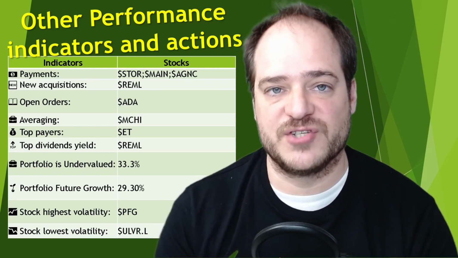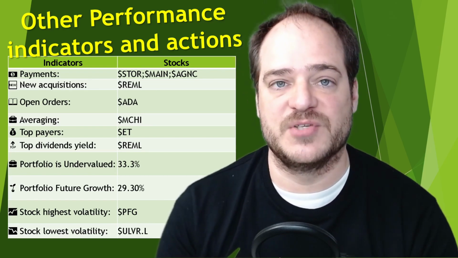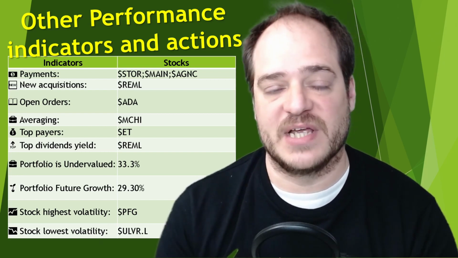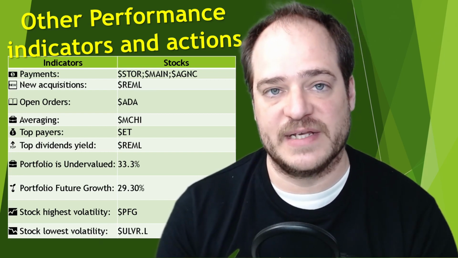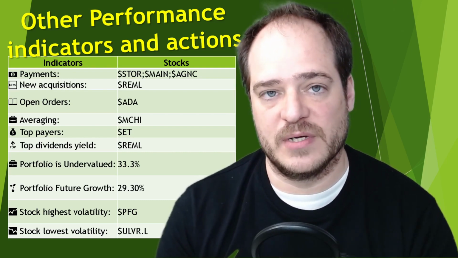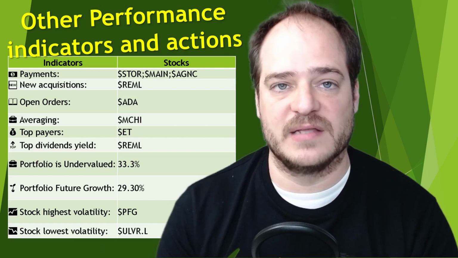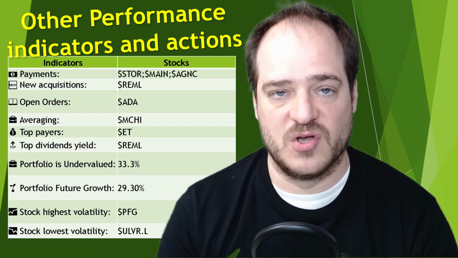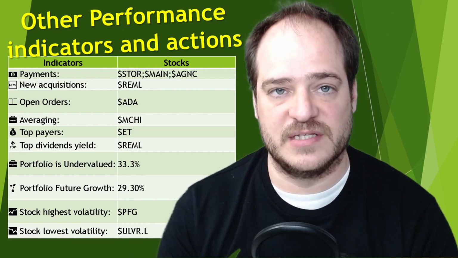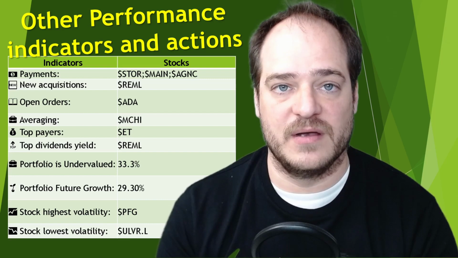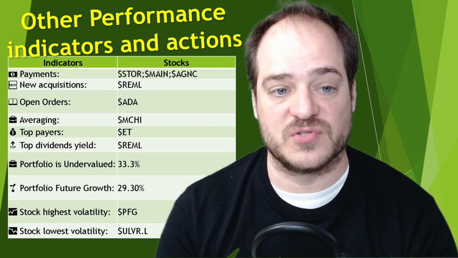In terms of averaging, I acquired the ETF MG, which was one of the ETFs that I acquired last week, in which I intended to move all the Chinese stocks into this ETF, so I don't need to manage all the other stocks, and I have another reward of 1% of dividend which this ETF gives me, while the stocks don't give me anything, and I still have the growth of those stocks.